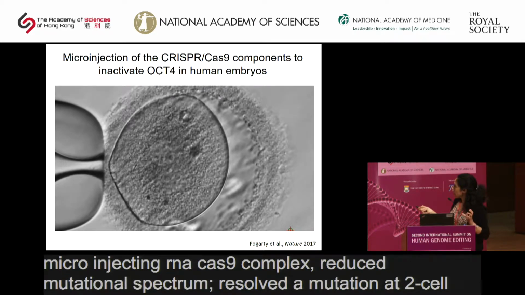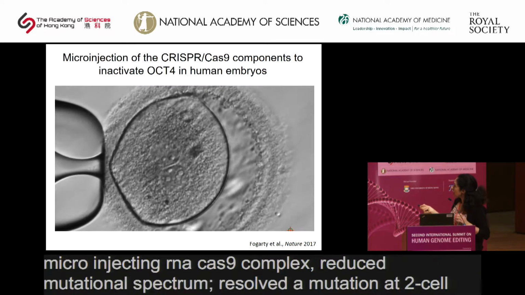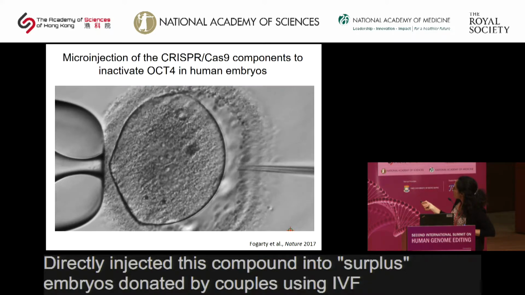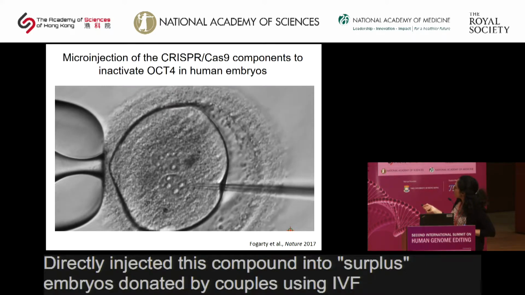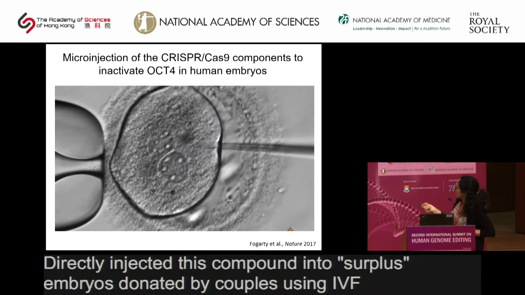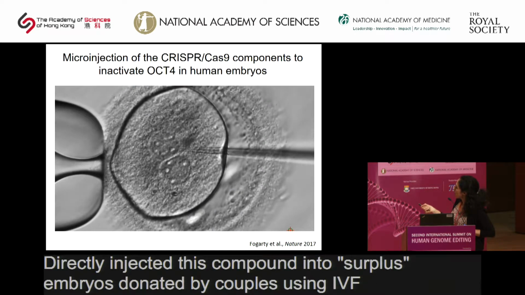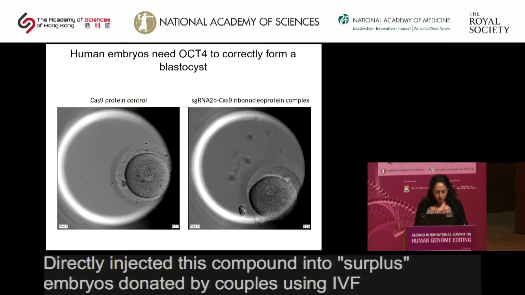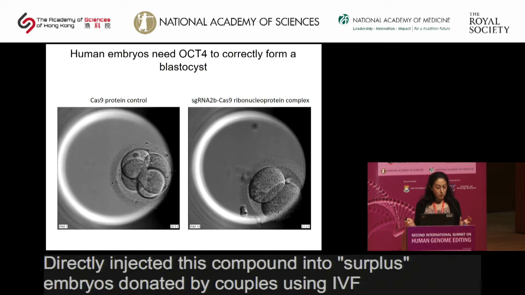They're packaged in distinct nuclear envelopes. Here, the human zygote is surrounded by a shell called the zona pellucida, and we're microinjecting the CRISPR-Cas9 components into both pronuclei. We then cultured these embryos and compared the development of control-injected embryos to embryos where we're targeting OCT4,